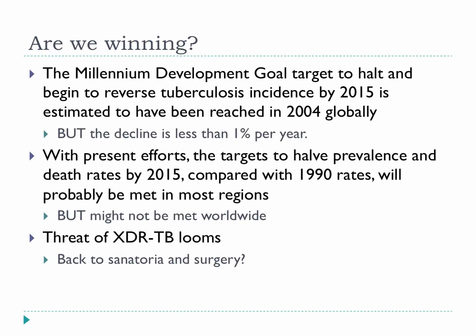And we don't know. I mean, XDR-TB, is it going to erupt into our communities? Are we going to see some super spreaders spreading it and we get all out of control? We get totally drug-resistant TB? Are we going to go back to the days of the sanatorium where all you could do for people with TB was tell them to go and rest and don't strain themselves and take a bit of fresh air? Or the other technique that people used before drugs was to cut out the affected tissue, so they take out half of your lung as a way of removing most of the burden of the infection. Are we going to go back to that, or are we going to get this under control?